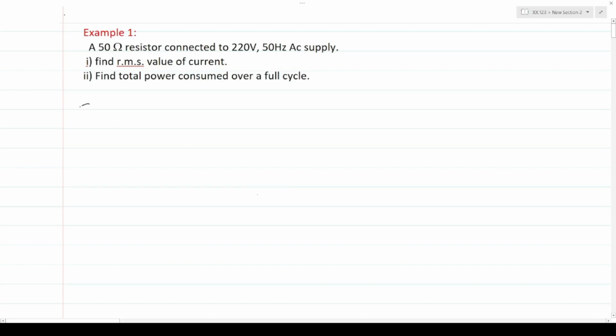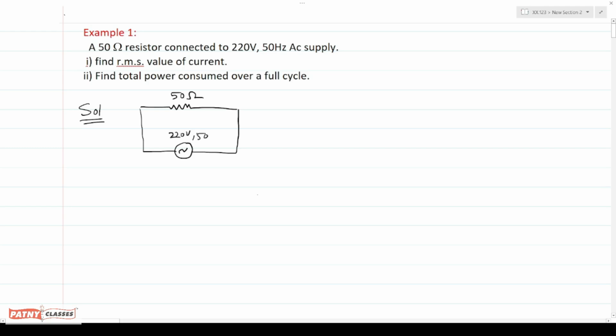Solution. First of all, let us draw the circuit diagram. This is a resistor connected to AC supply. Resistor value 50 ohms and supply is 220 volts and 50 Hz supply. We need to find RMS value of current. So first,